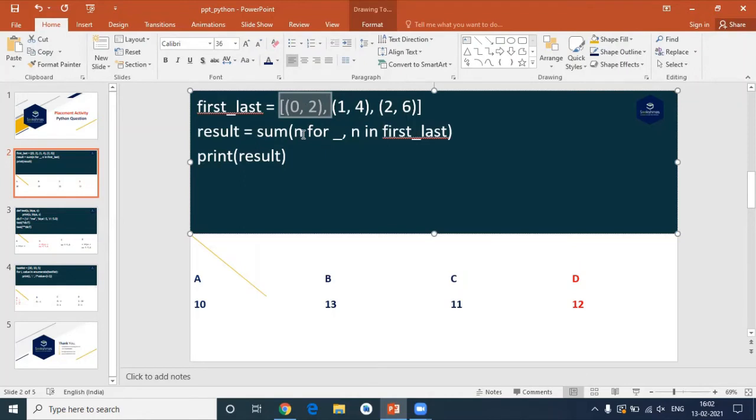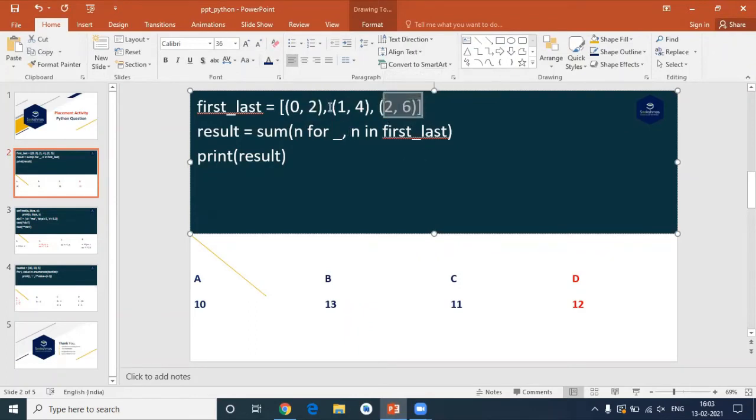Then in that particular value, I'm picking only the last value. Underscore means pick only the last value, so it is picking 2. Again, this process continues till the last value.